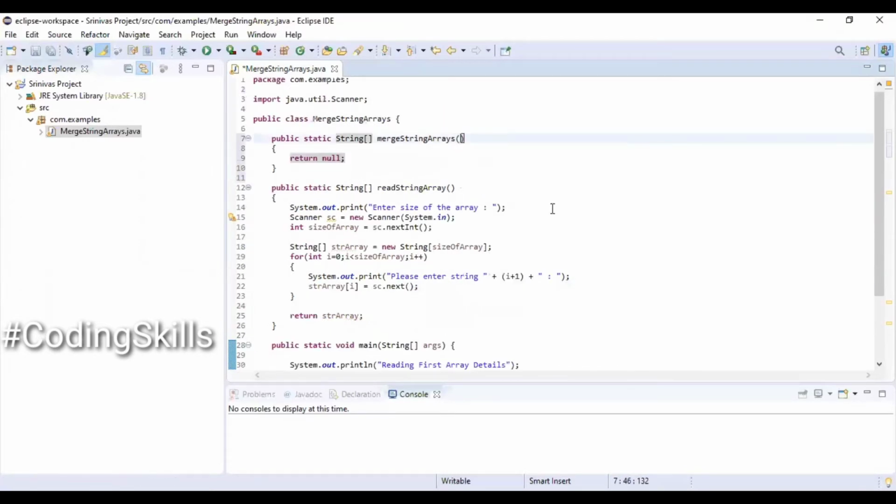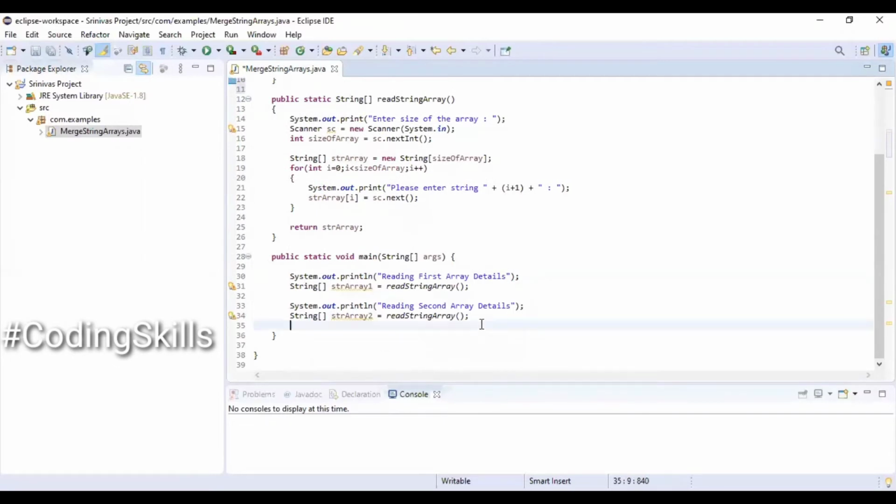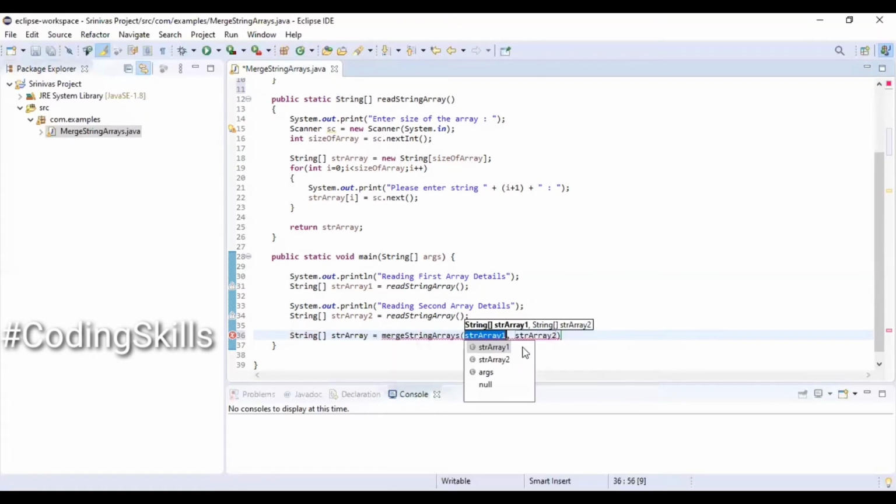And this merge method is going to take both the string arrays as input, string array 1 and string array 2, and we will be calling this method inside the main method by passing those two respective array objects. Declaring a string array and calling the merge method by passing those two objects.